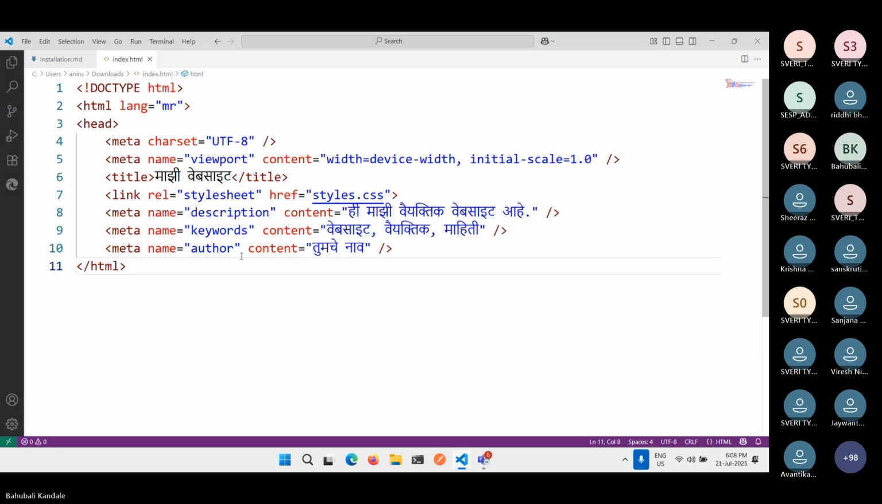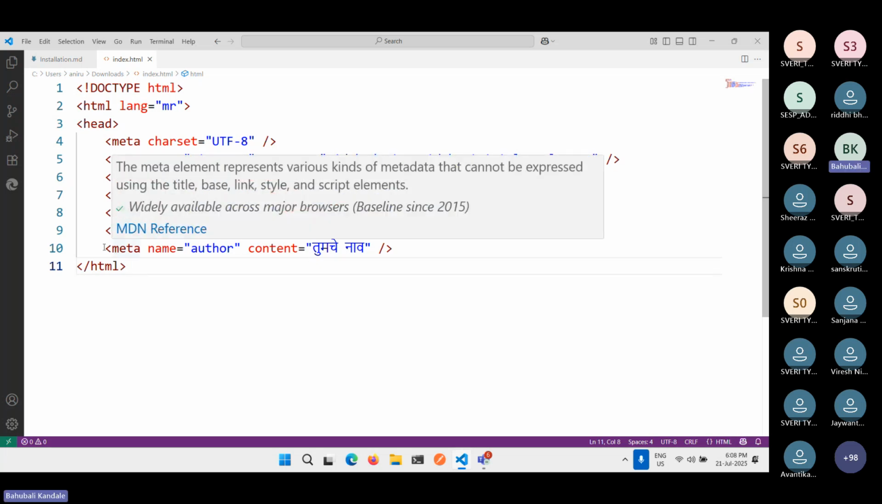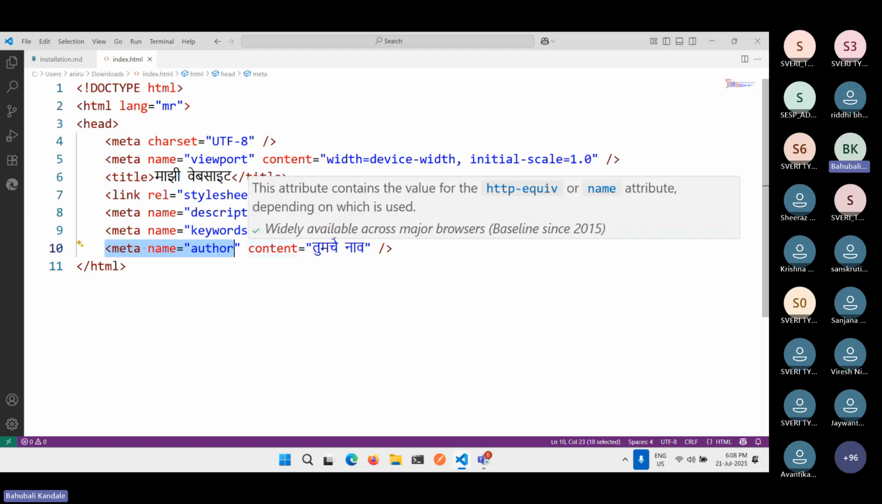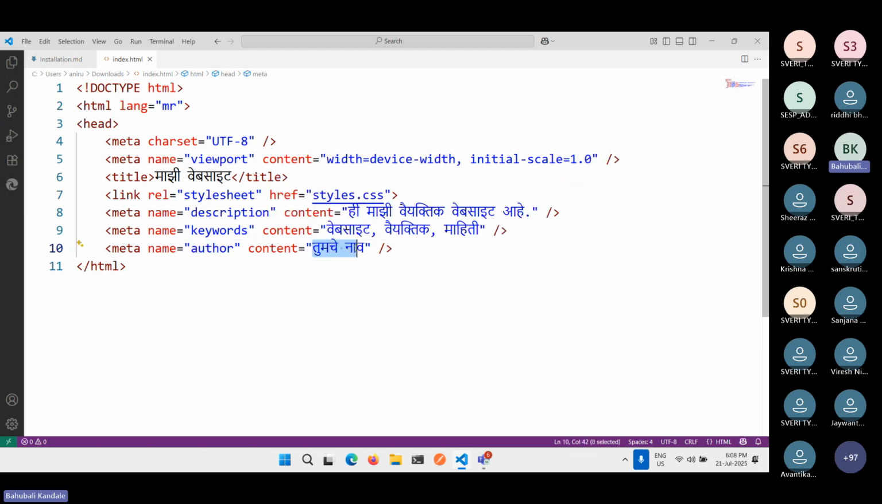After that, the next meta tag is name author. Here you need to write who is writing that web page. So here I can write